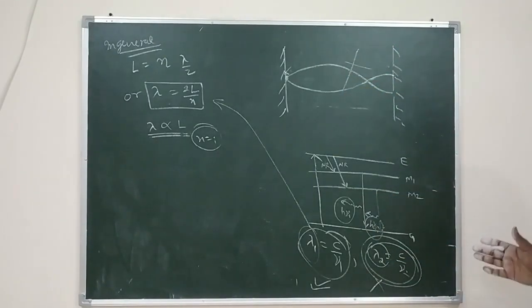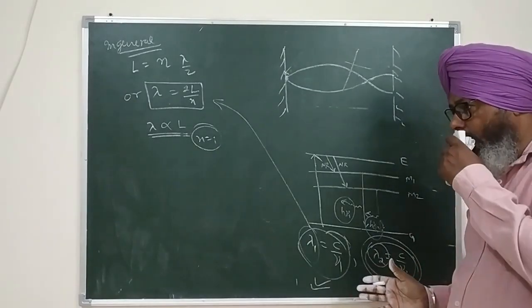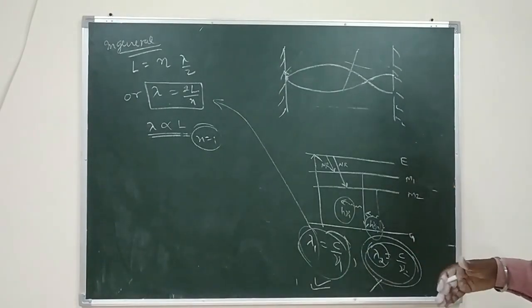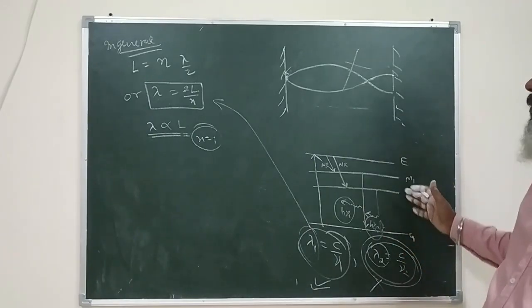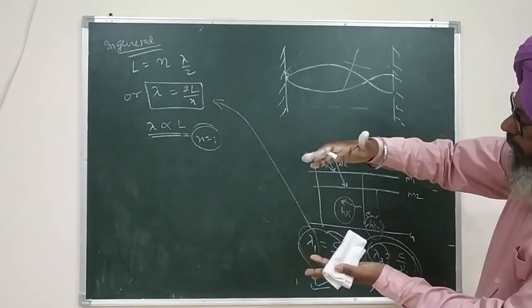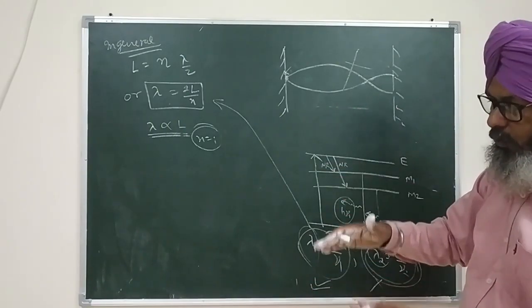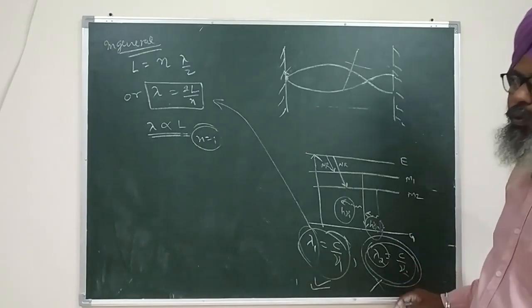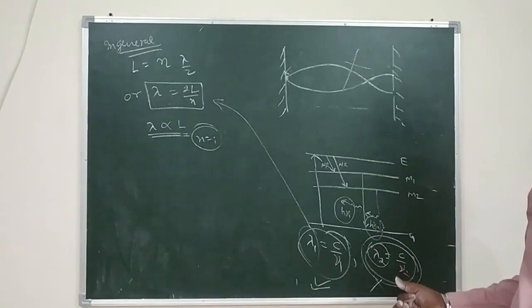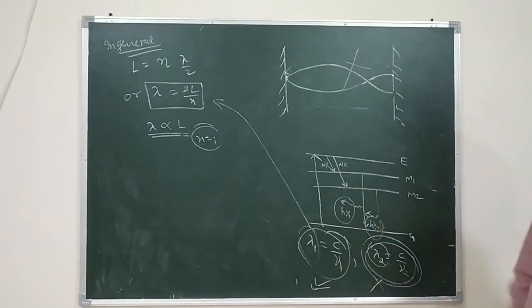As a result, you will not get amplification of the light, because the energy of these photons will not be accumulated. These photons will not get accumulated energy within the cavity of the optical resonator, and the whole of the energy of these photons will be wasted in the form of heat, and that will raise the temperature of the material, and these photons will come out because the stationary wave pattern has not been formed.